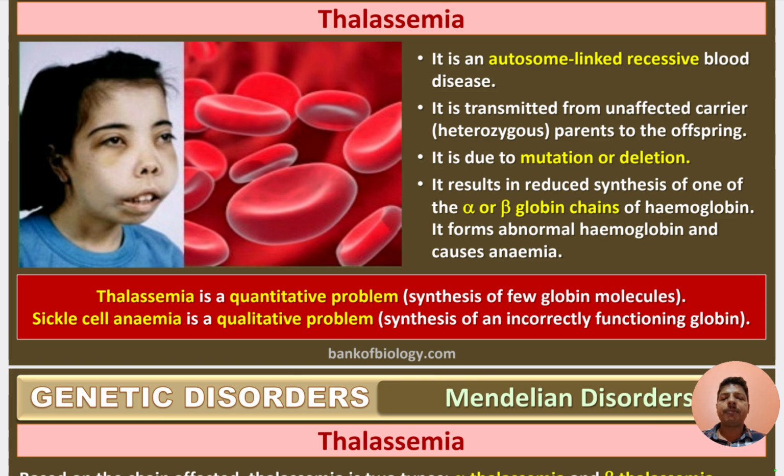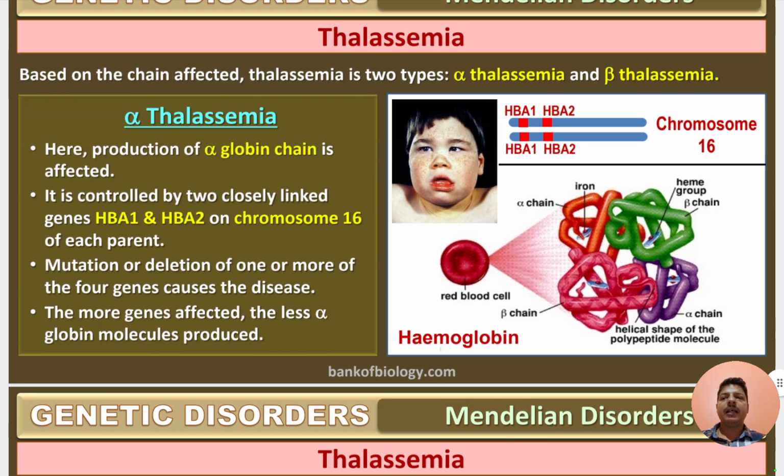Thalassemia is a quantitative problem, synthesis of too few globin molecules. Sickle cell anemia is a qualitative problem, synthesis of an incorrectly functioning globin. There is a difference between thalassemia and sickle cell anemia. In thalassemia, based on the chain affected,